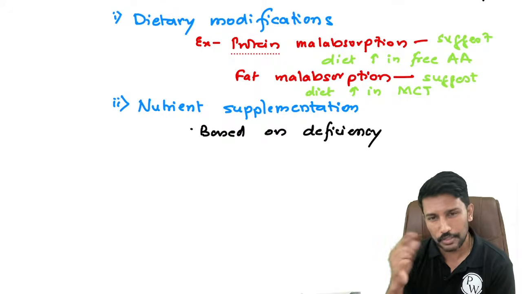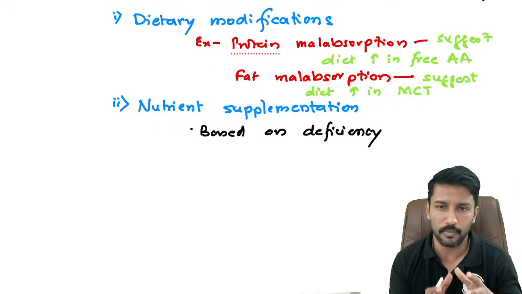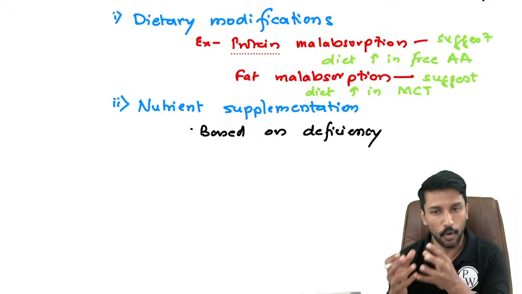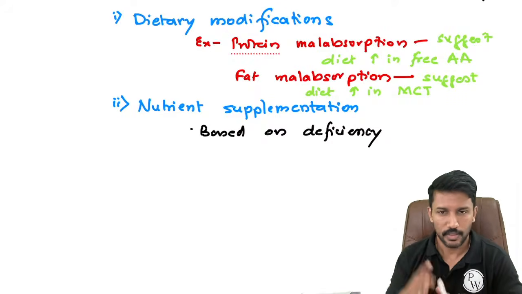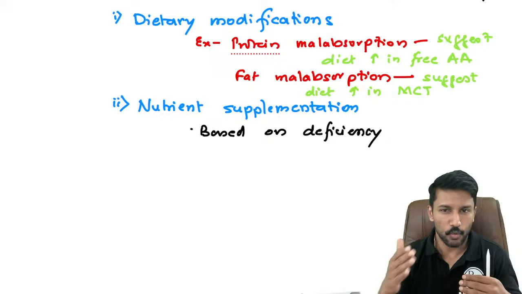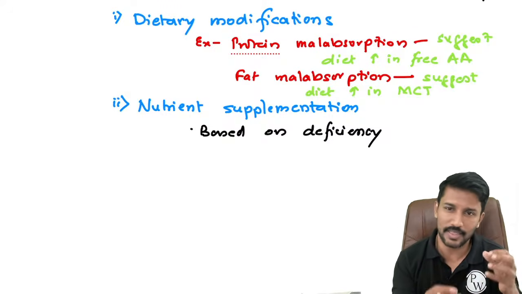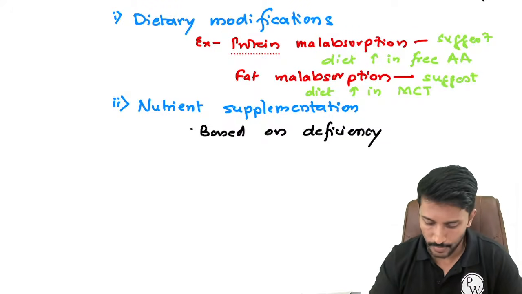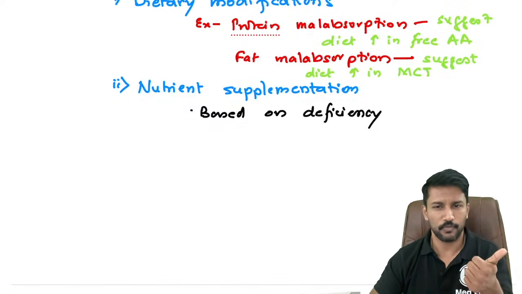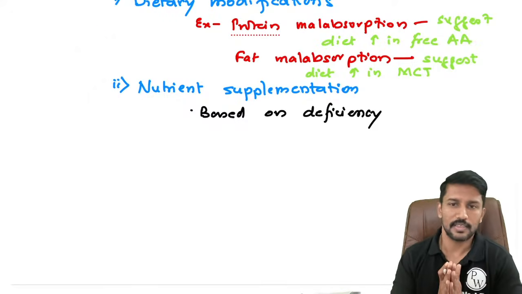But there is also a version of soya chunks called tempeh. What is tempeh? It is a pre-treated or fermented version of soya chunks where the protein is broken down to smaller peptides and some free amino acids. So the breaking down work is already done to some extent. So if the patient is having pancreatic protease deficiency, he will still be able to absorb a reasonable amount of these amino acids and smaller peptides. Okay. And nutrient supplementation will be based on deficiency, where you can mention a list like vitamin A, vitamin E, whatever nutrients the patient is deficient in, we should be supplementing.